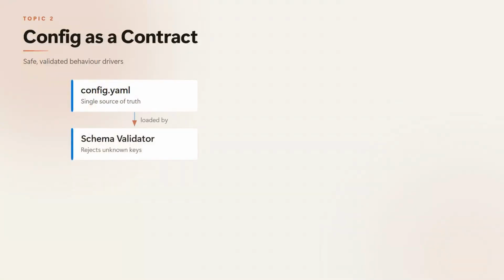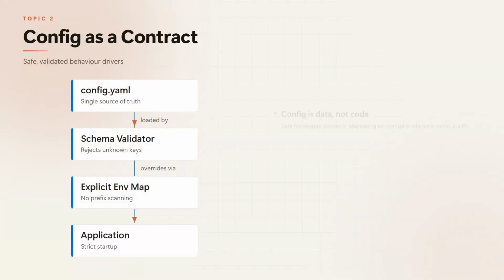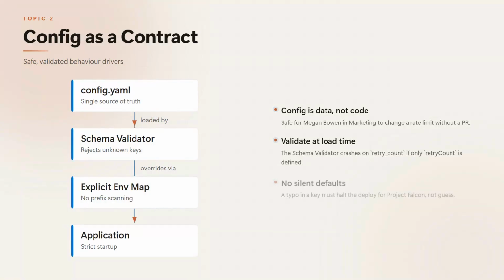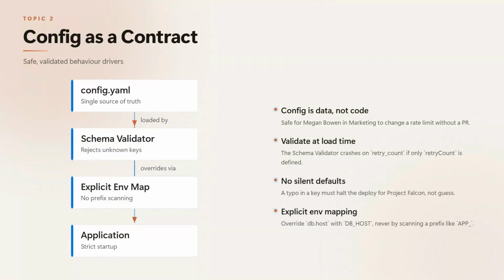Hardcoded strings force a code deploy for every small change. Configuration lets non-engineers tune behavior safely, but only if the config is validated. A config file that is read but never checked is dangerous, a typo becomes a silent default, and the wrong behavior ships looking correct. In this step, we load a YAML config, apply environment overrides through an explicit map, and